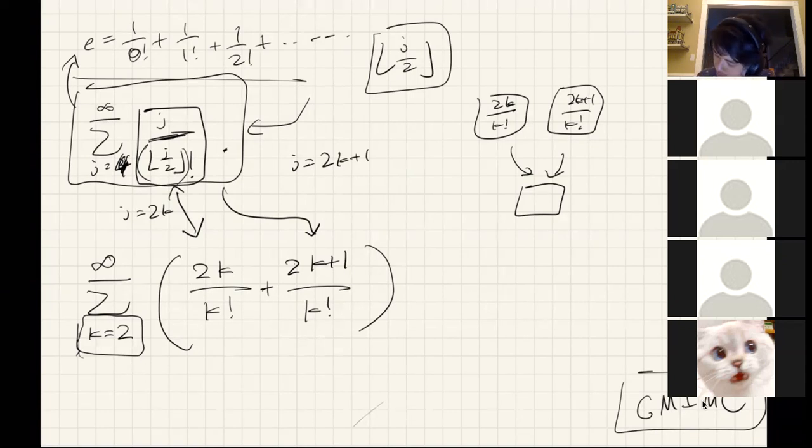The way you deal with them is by casework on whether j can be represented as 2k, when j is even, or as 2k plus 1, when j is odd. Anyways,